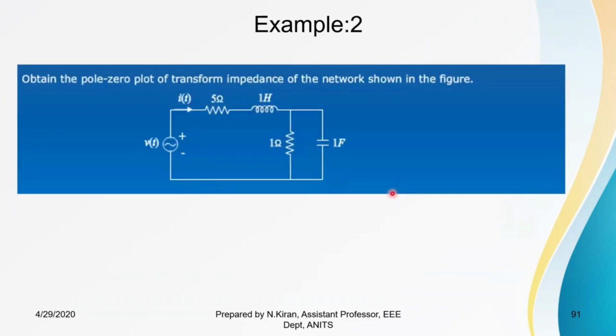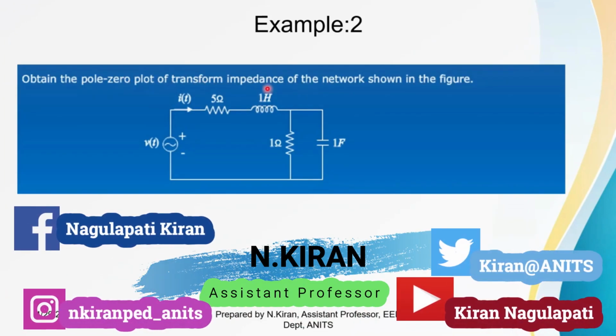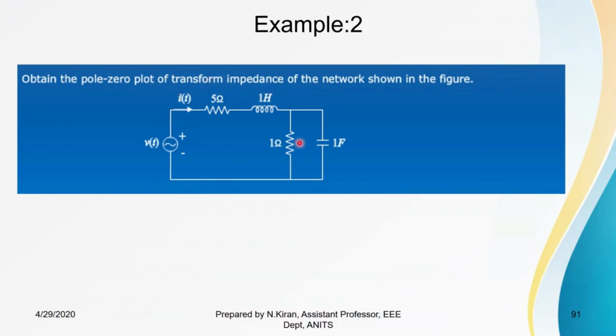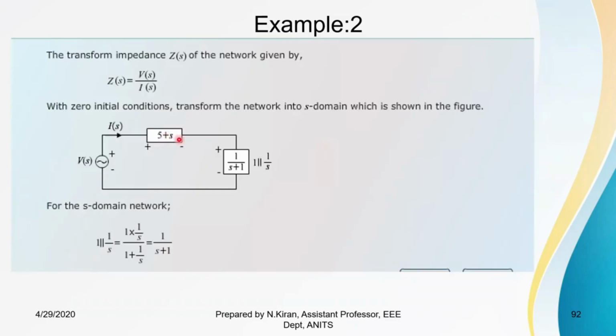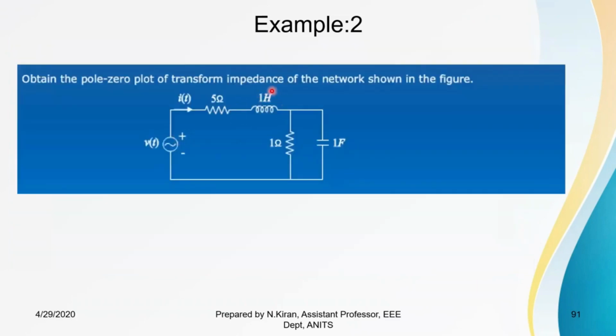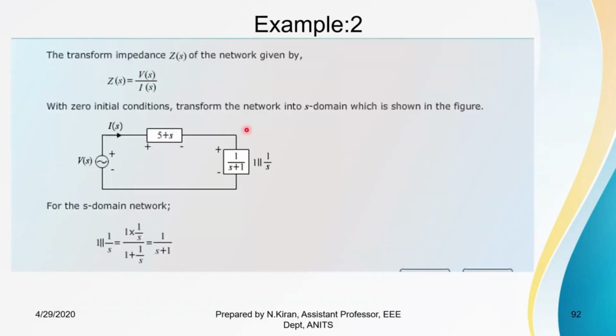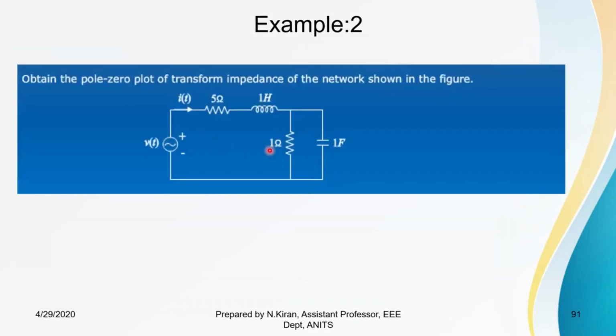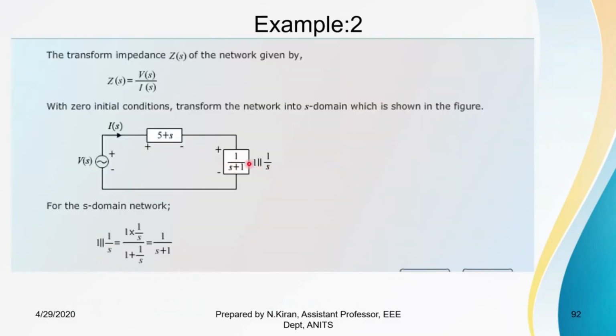The second example: here also we have to plot the pole-zero plot of the transform impedance of the given network. First let us find the transform impedance. Transforming into the Laplace domain, 1 Henry is represented by s, so that becomes 5 plus s. The capacitor is represented by 1/s. So this 1 in parallel with 1/s becomes 1/(s+1). Since these two are in series,